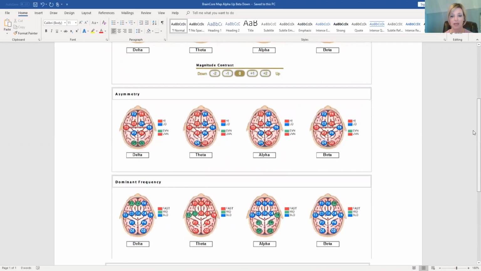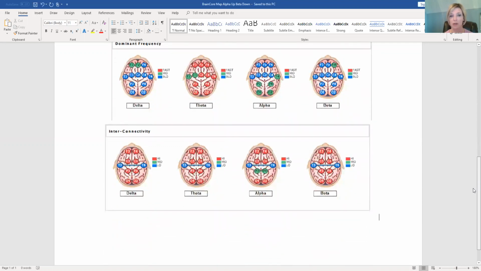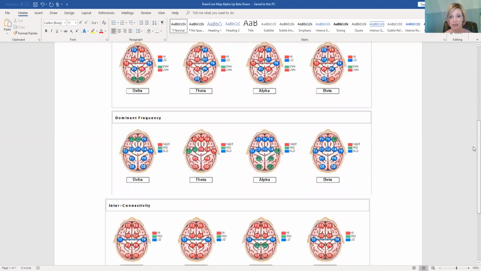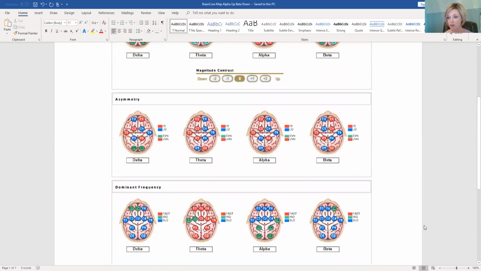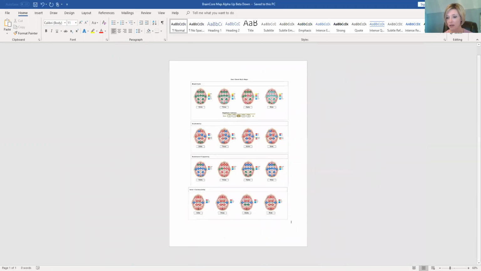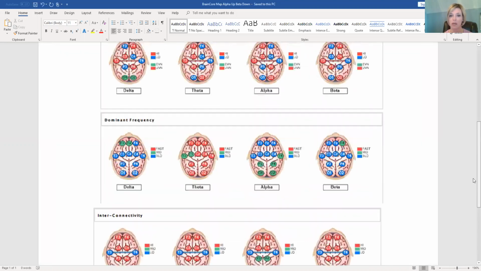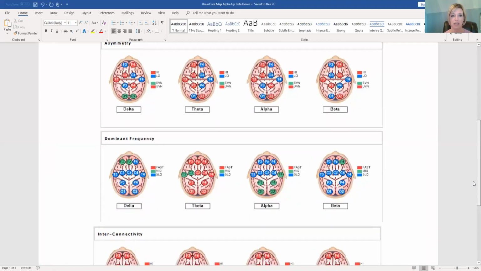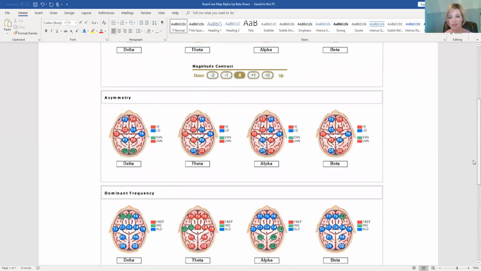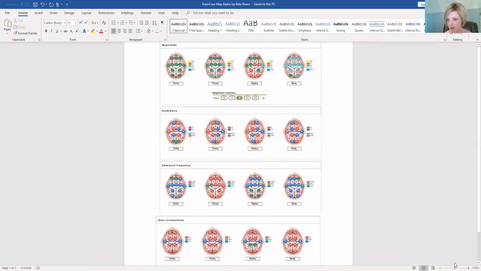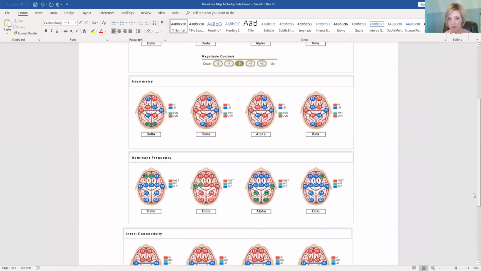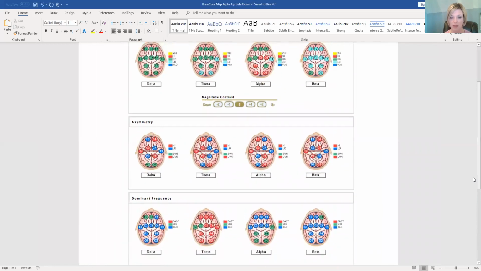I'm going to skip asymmetry for just a second, and we'll look at dominant frequency. I'll shrink this a little so that we can think about it in relationship to the magnitudes up top. I won't really be able to do it very well for you, but I'll try to get them all in. This is probably okay. So what I want you to think about is that when we look at dominant frequency,